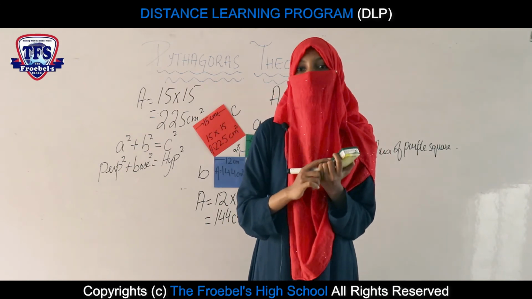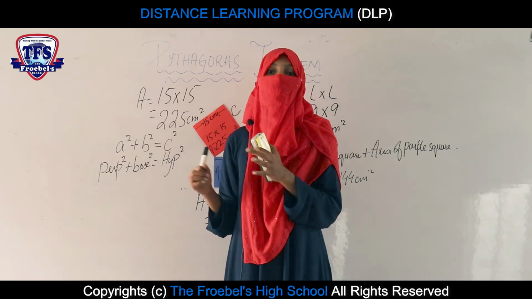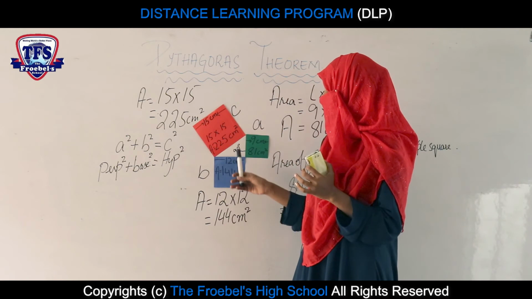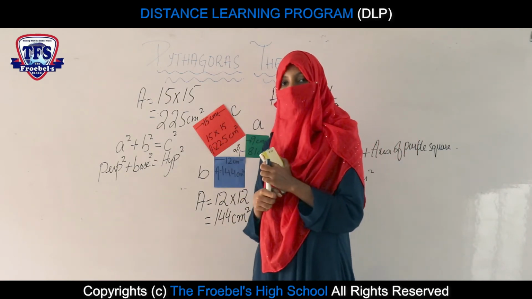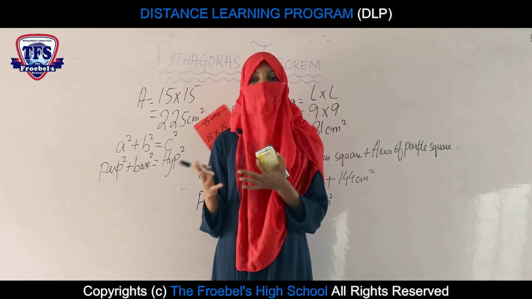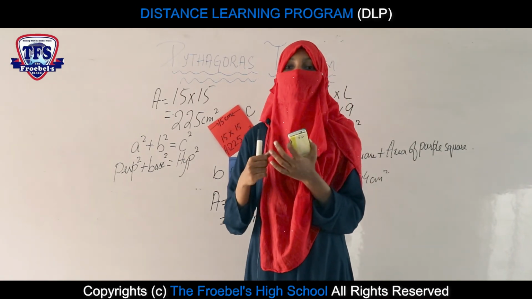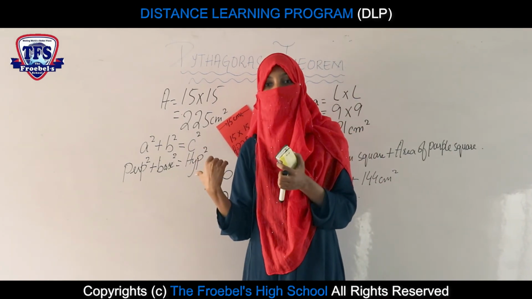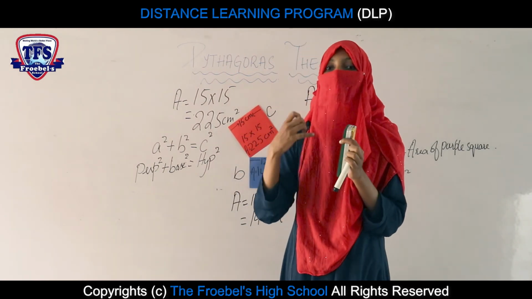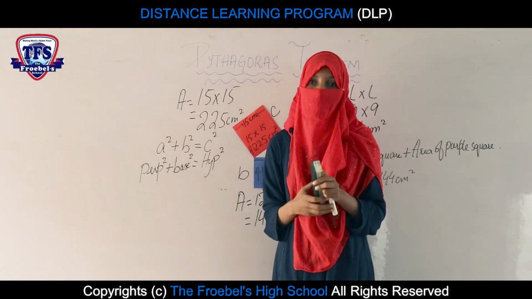And why is this called the Pythagoras theorem? Because Pythagoras was a Greek mathematician who discovered this method to find the missing side of any right angle triangle. But since we discussed the Egyptian pyramids at the start of the lecture, the theorem was in use much before Pythagoras. The only thing is that it came to the knowledge of the whole world through Pythagoras. That's why it's called the Pythagoras theorem.